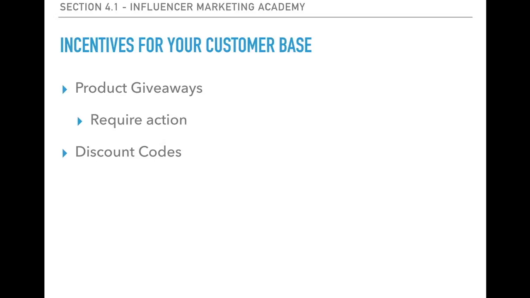So with that being said, we're going to use discount codes from time to time, and I insist that you do use them. Don't be afraid to use it. Absolutely do not be afraid to use it, but do not overuse it. This is a very, very important thing to keep in mind, and it's a vital part when you are trying to use incentives for your customer base and try to find new ways to tap into another audience or new ways to catch people's eyes. Because as you know, wherever people's eyes are is where the business is and where the money is to be made. That's why social media marketing and influencer marketing is growing faster than ever.